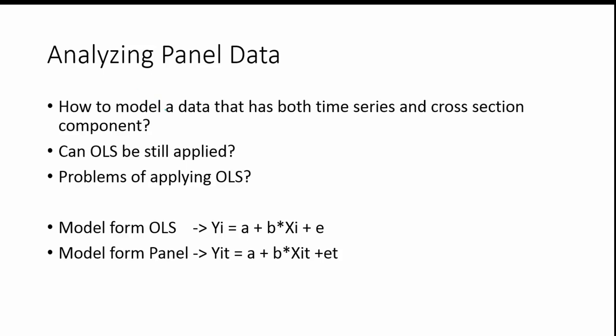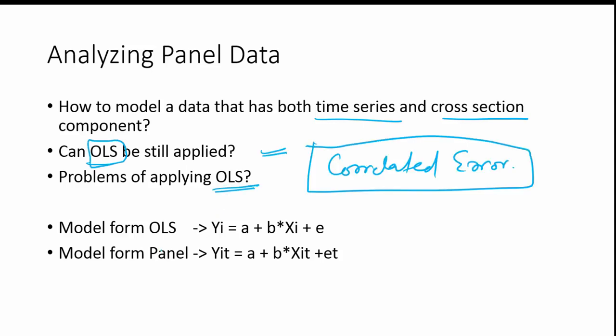How do we analyze panel data? Is it the same that we normally use for cross section? So the important thing is that it has got both the features, time series and cross section. So the question here is, can we use ordinary least squares? Now there are going to be problems. A typical OLS model looks something like this: Yi is equal to the estimate a plus b xi plus error term,